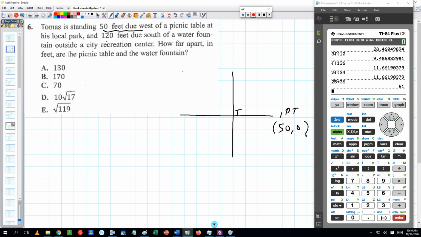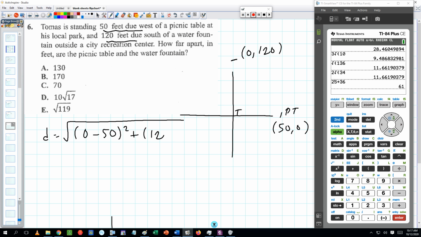And he is standing 120 feet due south, so that means the water fountain is north of him. So up here, your x would be 0, and you would have 0, 120. How far apart? Distance formula. You could do the Pythagorean theorem. Subtract my x's, 0 take away 50 squared plus 120 take away 0 squared. Negative 50 squared